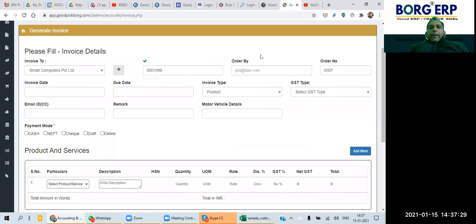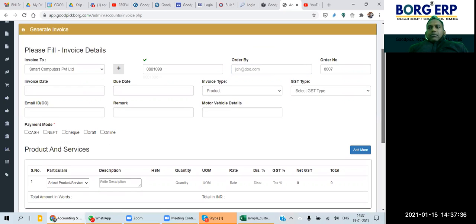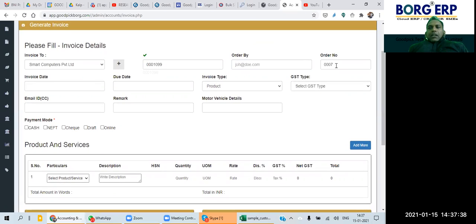You can put the order by, meaning the person who has given the order from your customer location. Then this order number comes automatically. It means that already 6 invoices have been generated for this customer, and this is the 7th one.